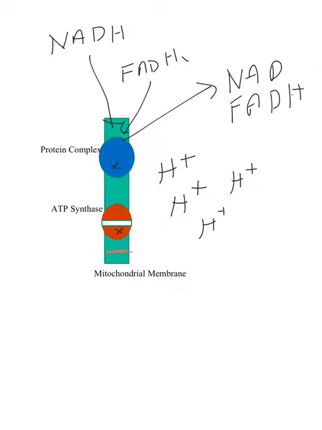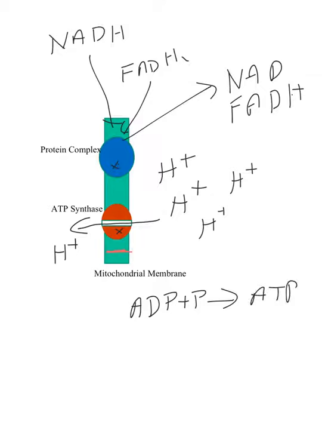Channel protein in this case is in the form of ATP synthase, which allows hydrogen on through. And these things, using this method of facilitated diffusion, will go from areas of high concentration to areas of low concentration. Now, the movement of these charged particles gives us enough energy to convert ADP into ATP, and we've got some energy going on. Now, if we have 10 NADHs and 2 FADH2s, that should give us enough energy to go ahead and convert